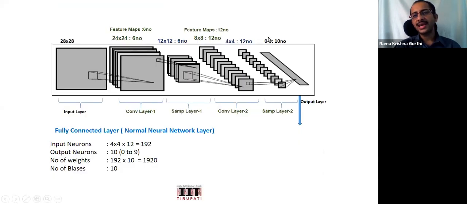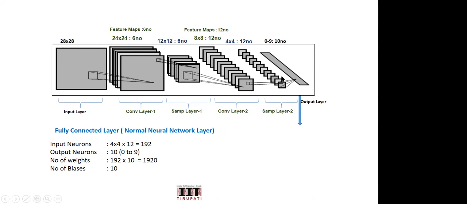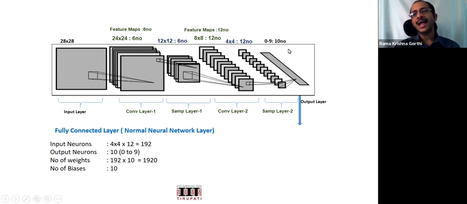After this fully connected layer, this will convert into 192 cross 1 neurons, and these are connected to the output neurons of 10 cross 1, and this will be a fully connected network. Each of the 192 will be connected to 10. So the number of weights or connections here is equal to how much? 192 here and 10 here. How many weight matrix elements will there be? 192 cross 10.